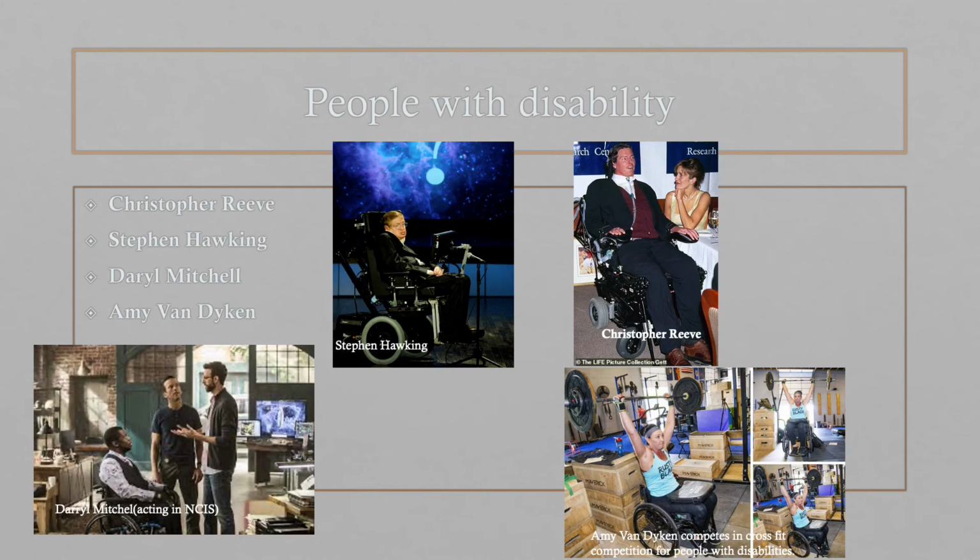Next, I will discuss Stephen Hawking, who is one of the most influential and important scientists to have ever lived, and he was a person who had quadriplegia. He is an inspiration not only to people who are paralyzed, but to people of all disabilities. His paralysis was caused by ALS.